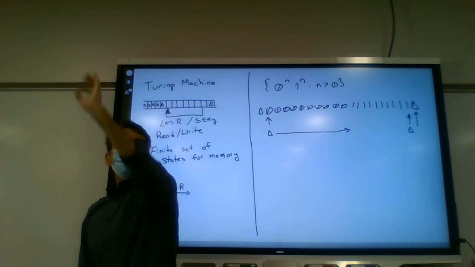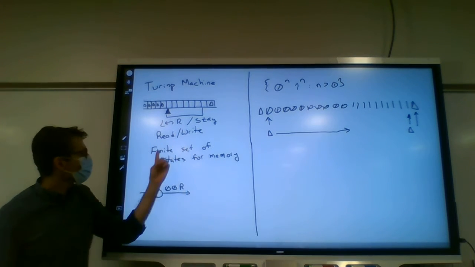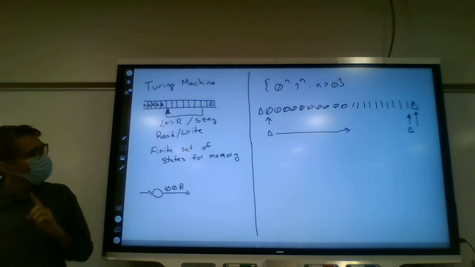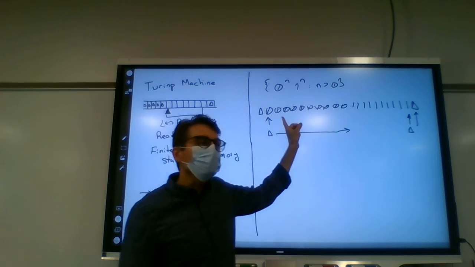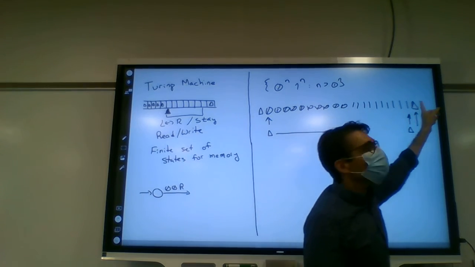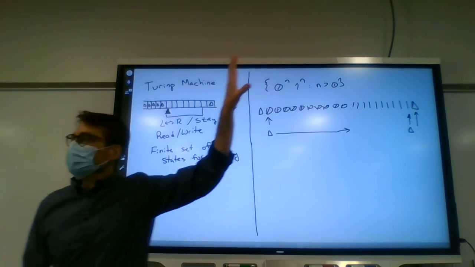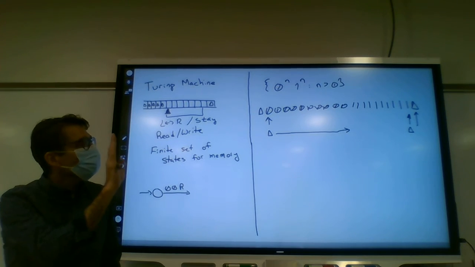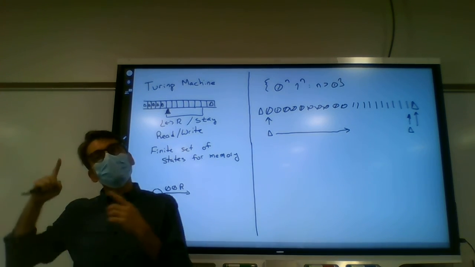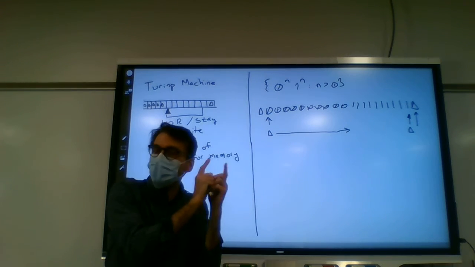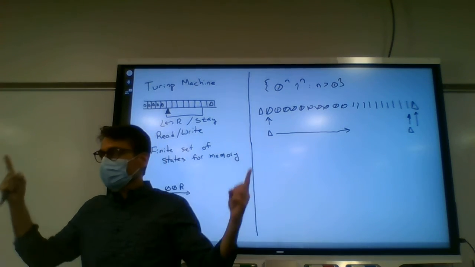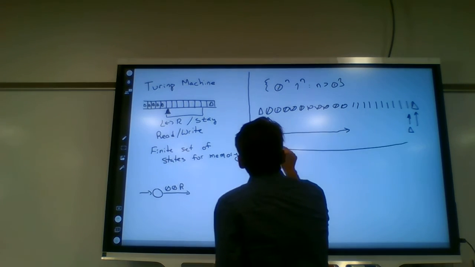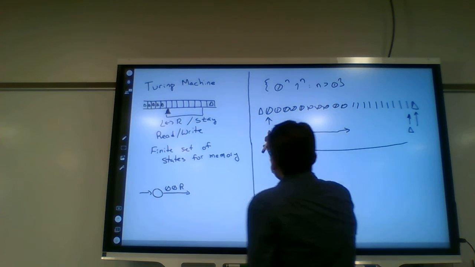But then, if it is a 0, we're going to replace it with the empty cell symbol. Then move to the right. Read zeros, read ones, all the way until we read the empty cell symbol at the far right. Move back 1, replace that with an empty. So now what have we done? We've been able to replace the 0 at the beginning and the 1 at the end. So we know that those match. Then what can we do? Go all the way back. We can go all the way back to read that delta.